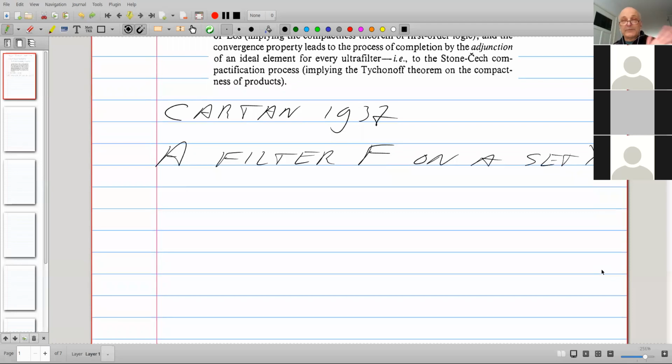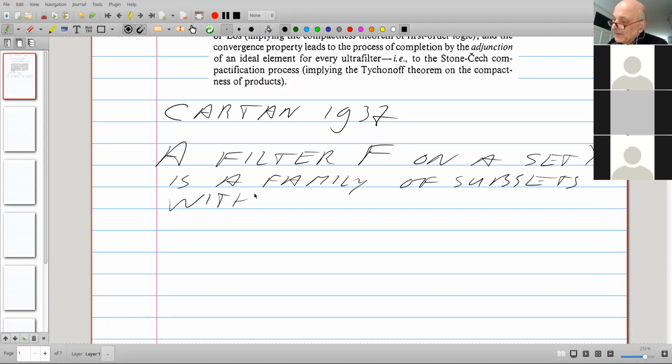So what is a filter? We're going to be needing ordinary filters as well, and ultrafilters will appear automatically. And what does a filter do for us? Well, for one thing, the whole set should be a member. The empty set should not be. I know there are books that even let the full power set of X be a filter, but I'm not one of those people.